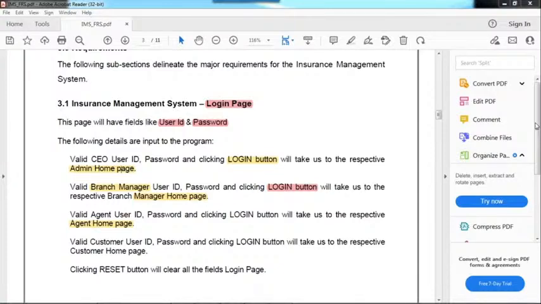Then how will you test this based on the requirements? In the requirements, it's very clearly mentioned: log in with a valid username and valid password, click on the login button, and you should be able to see the admin home page. This is the way you need to test. Is it clear? Yes, thank you. Okay.